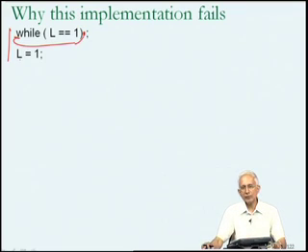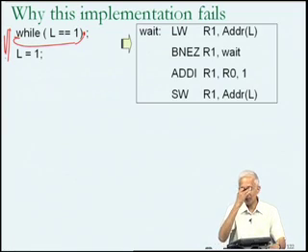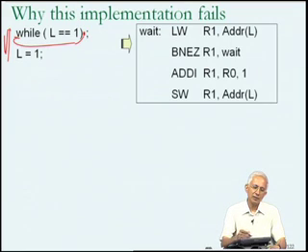Now just like we looked at the increment of x in terms of the MIPS instructions that it might compile into, let us look at this piece of code in terms of the MIPS instructions that it might compile into. What we end up with is conceivably something like this. I have a load word instruction. The idea here is I am going to load the value of L into a register, then compare that with 0, and if it is not equal to 0, I loop. So the loop that you see over here is the loop above.